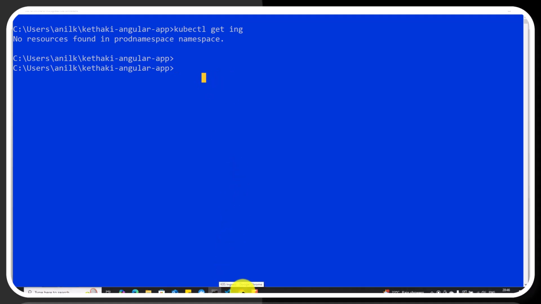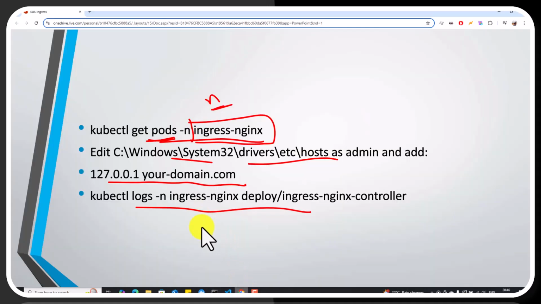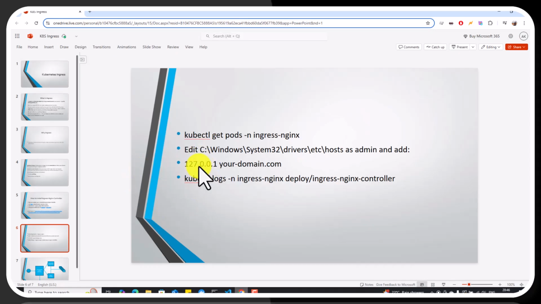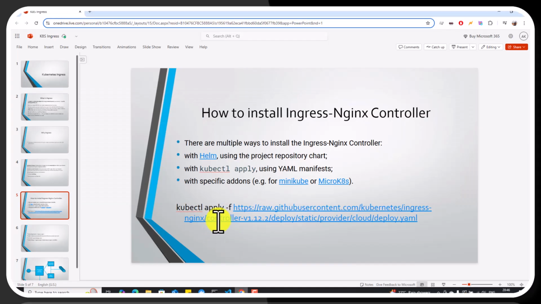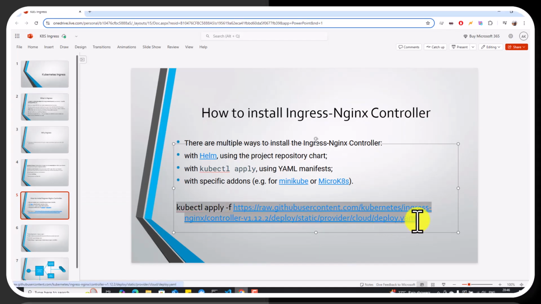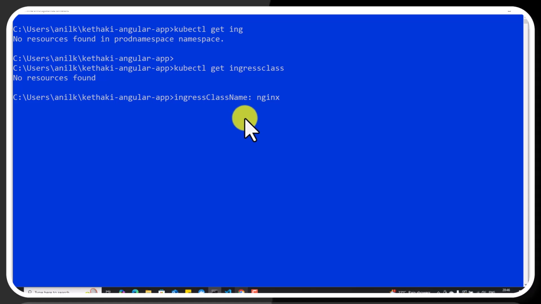There are no ingresses available. Now I go to this path where it will install the Kubernetes ingress controller. Let us see, are there any ingress classes? kubectl get ingress class. It says no resources found. Let us install the Kubernetes ingress. This is the command we are going to use,